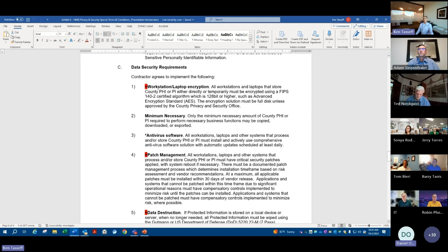One of the things that you want is workstation laptop encryption. If your laptops or workstations are not encrypted and they get stolen, it is all automatically an incident that has to be considered a possible breach. I can tell you that while people say, "Oh, we don't keep any